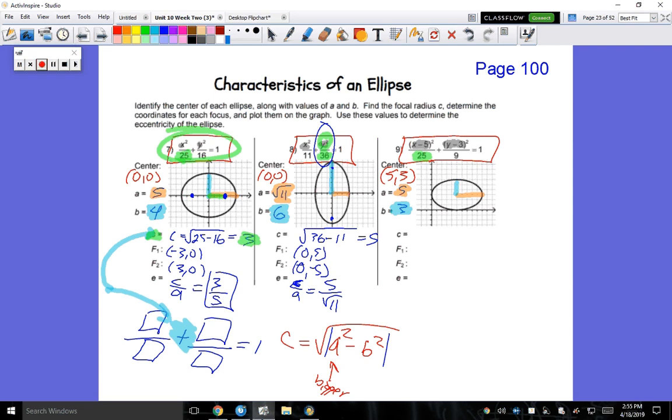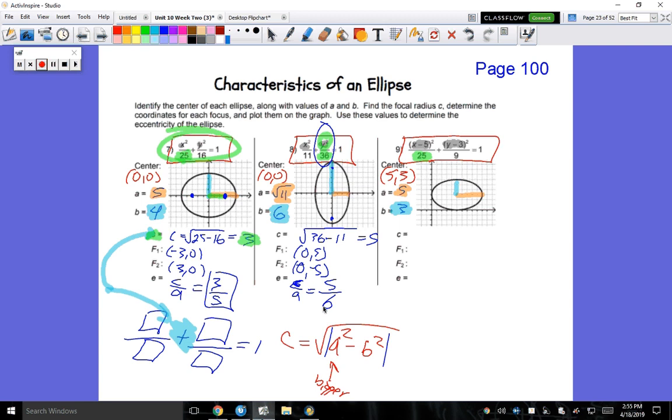It's not divided by root 11. Sorry, it's divided by what? 6. So root 11 in your calculator is smaller than 6. Okay? So because that size matters, we're going to divide it by 6. So that we get